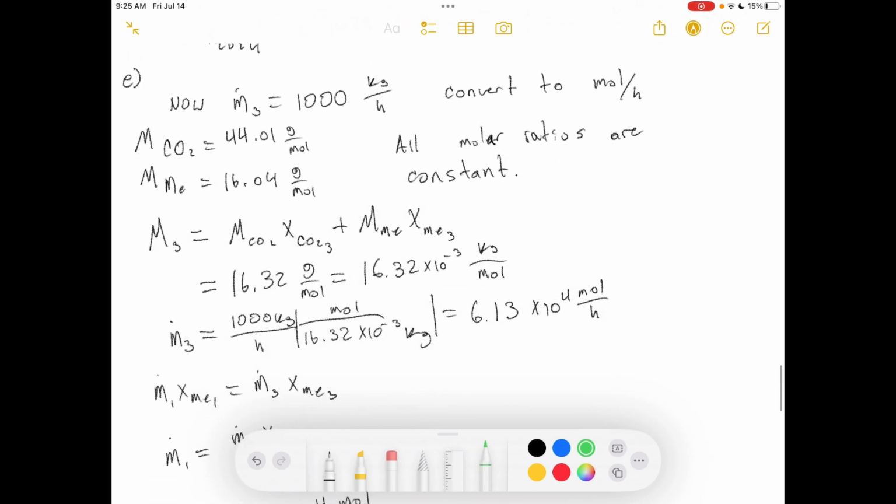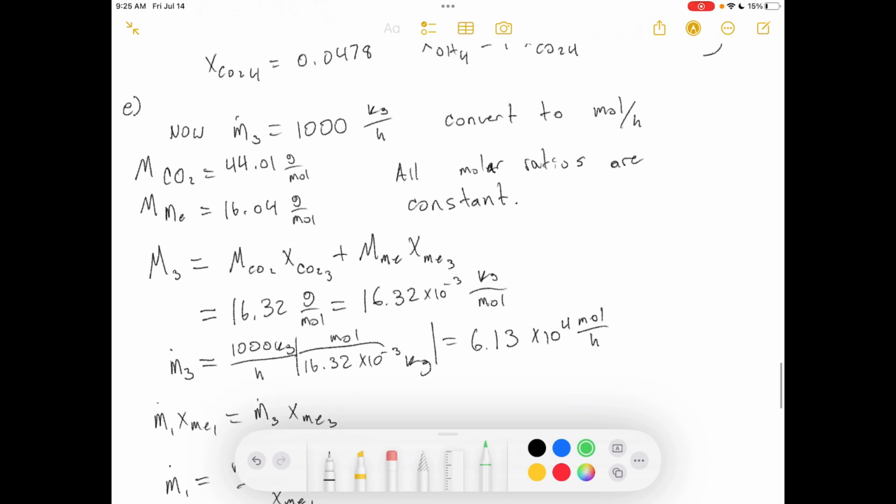Okay, so part E, calculate the molar feed rate of gas to the absorber required to produce an absorber product gas flow rate of 1,000 kilograms per hour. Okay, so now I'm saying the mass flow rate of stream 3 is 1,000 kilograms per hour. I convert